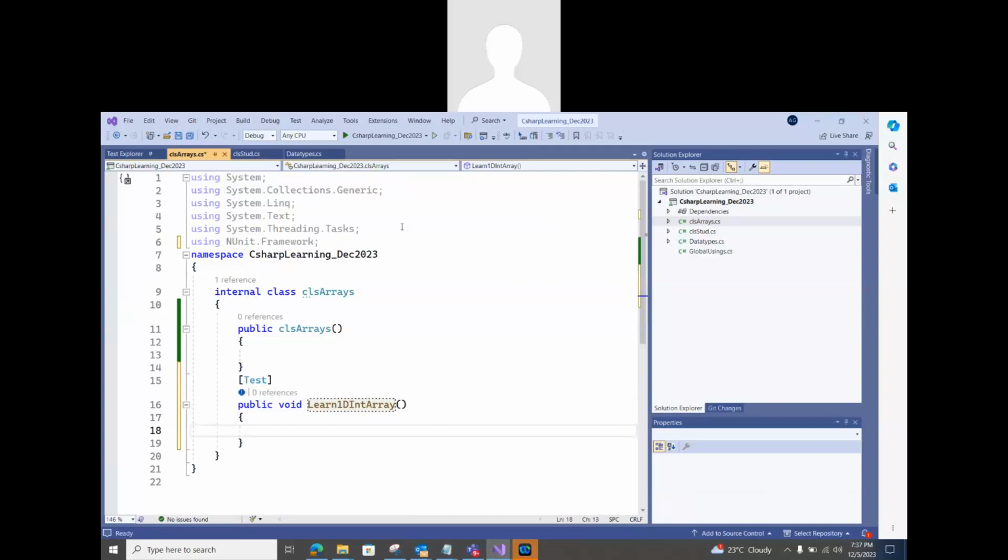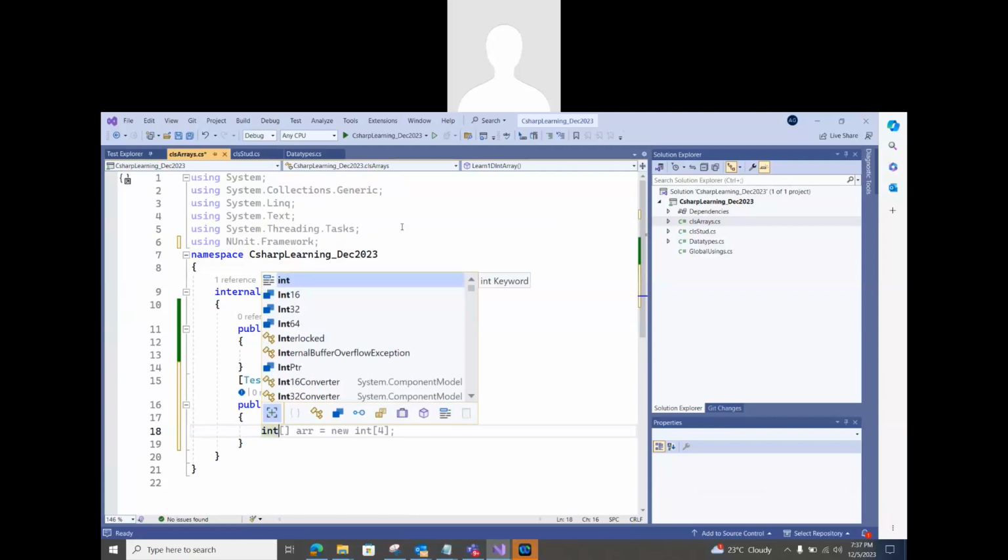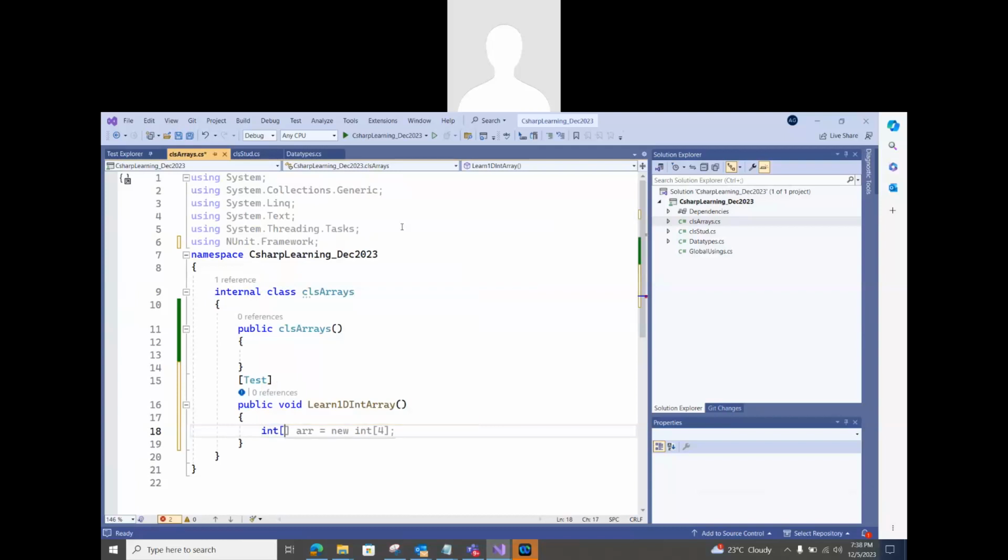Now, what is an array? An array is a group of same kind of elements. Let's say I want some numbers, a group of numbers like 10, 20, 30, 40, 50, five numbers. So what kind of array do we need? We need an integer array. So how to declare an integer array? In C#, there is a syntax: int, this is called array, and give the name. Let's say I am giving prime numbers equals